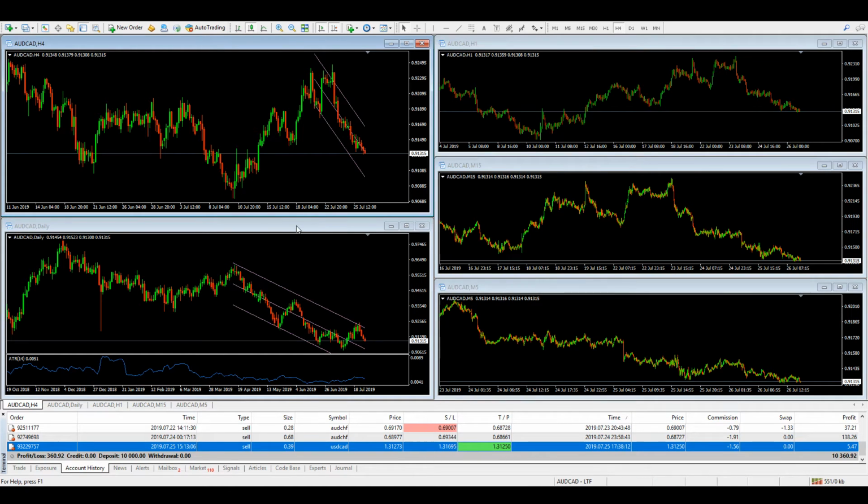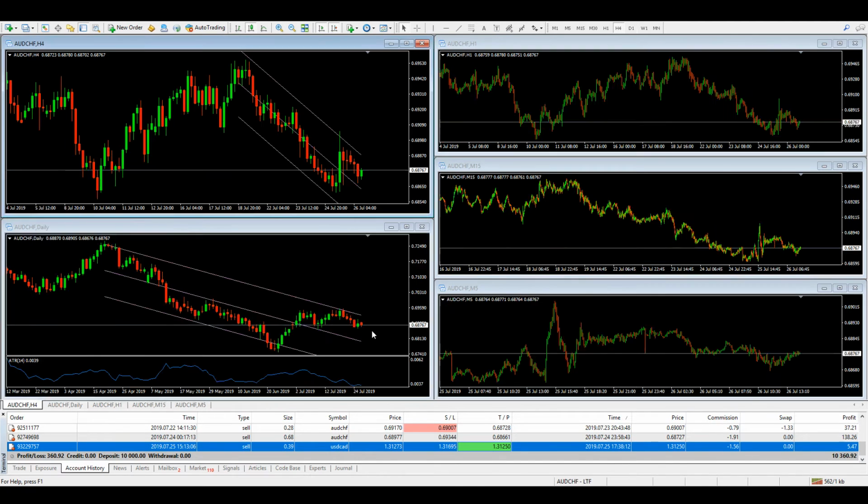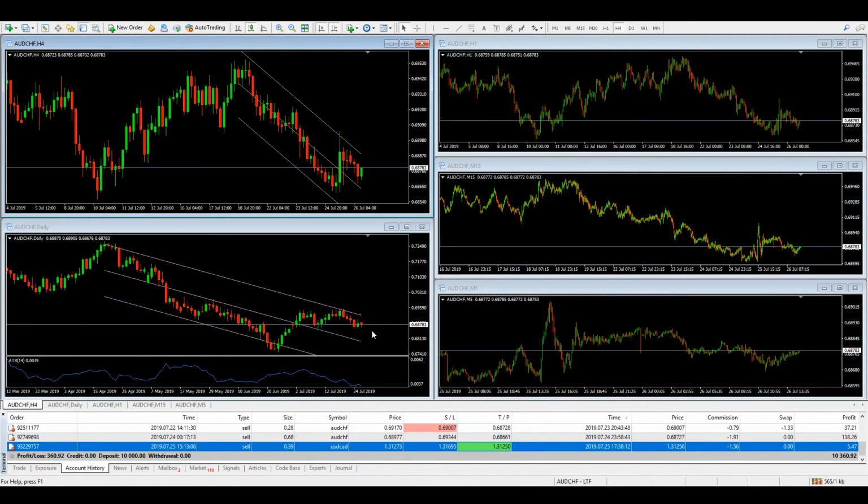AUD CAD, and in this instance I'm looking at the daily to guide my decision as to whether to potentially trade. This for me needs a bit more value for money, so it needs a bit more of a pullback. The trend is definitely down, but it needs to pull back. This is actually an okay price action, but it's Friday, so I'm not going to enter this position. But if it's looking something similar on Monday, I traded this week. You can see there, made some profits off of AUD-CHF,